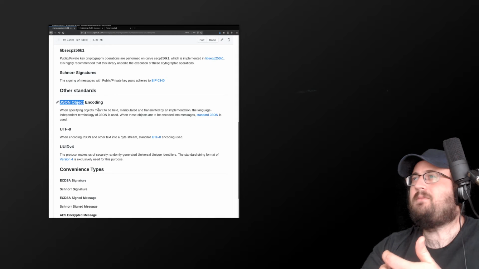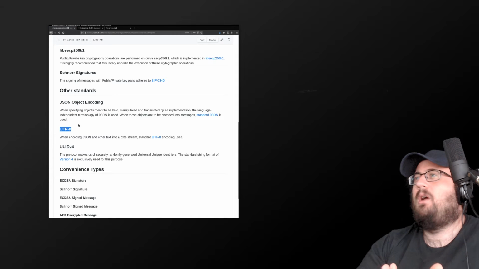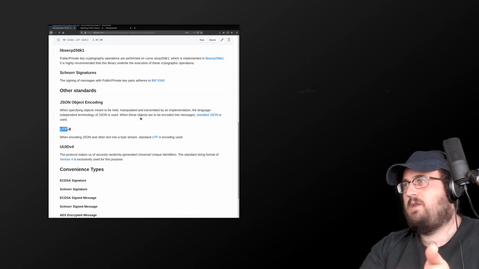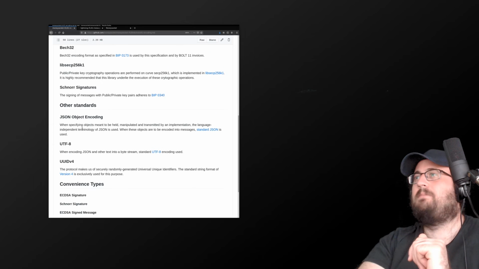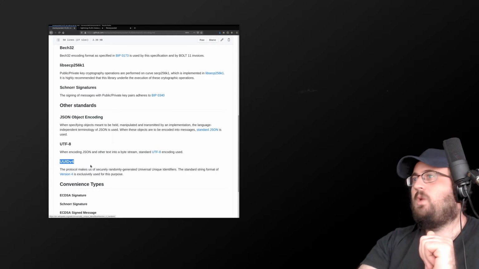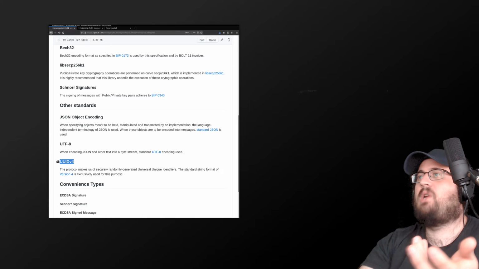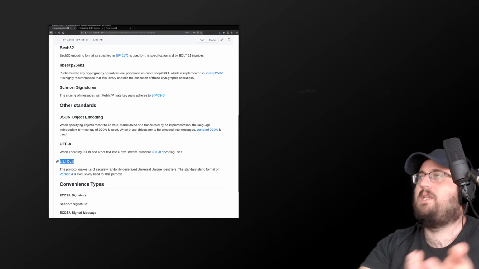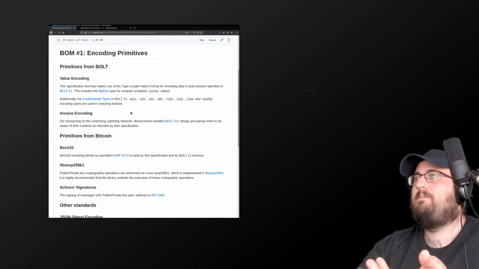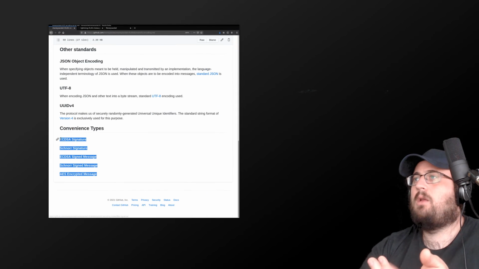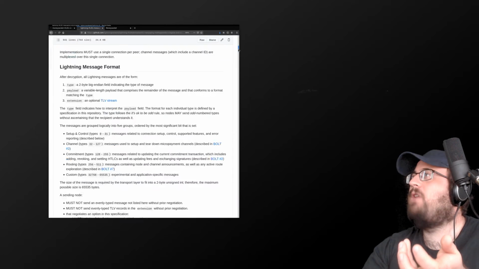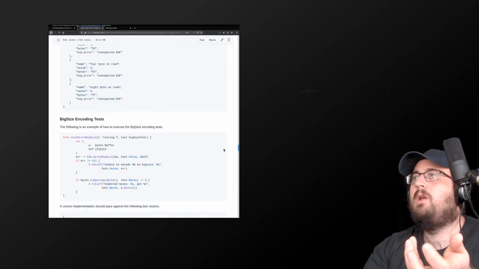So yeah, JSON, UTF. When we need to format text into binaries, UTF-8 is a good thing. And then yeah, UUIDs. The Moneysocket uses these to some extent, and that's a standard. So those are things that we're referencing, and then I think maybe in the same way that Bolt 1 defines some convenience types for